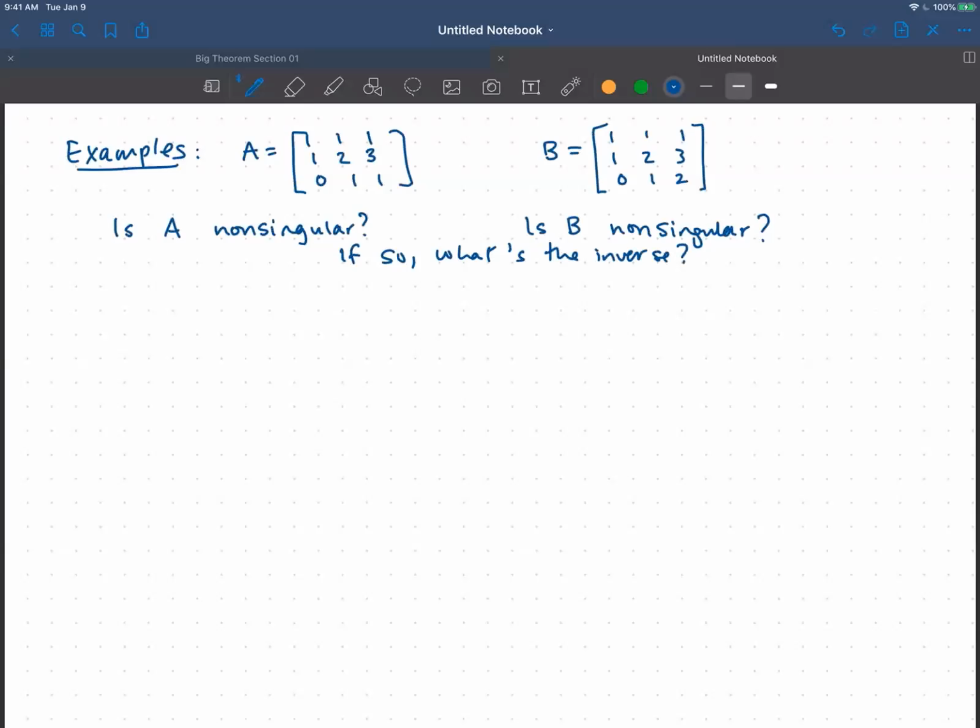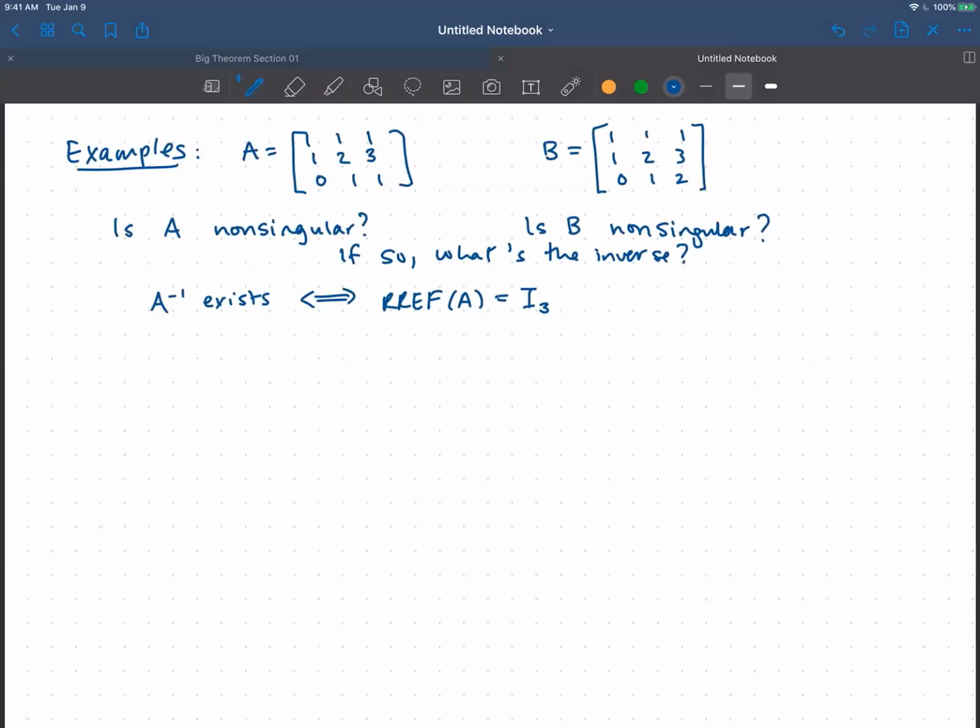And one of the things that we've proved is that, for instance, A is non-singular, so A inverse exists, if and only if the reduced row echelon form of A is the identity matrix. But we also saw that going through some of the parts of the proof, we came up with kind of an algorithm for figuring out what A inverse is. So, we can answer the question, is it non-singular, by row reducing it, but we can do even better